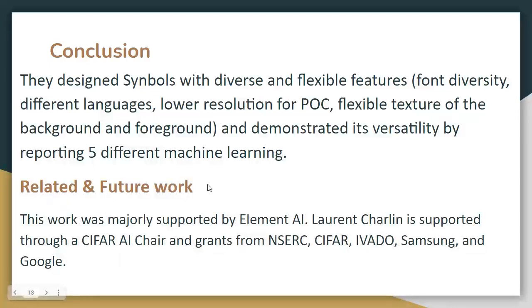The related future work. This work was majorly supported by Element AI and supported through the CIFAR AI chair and grants from the NSERC, CIFAR, and